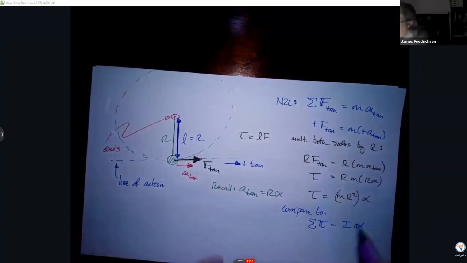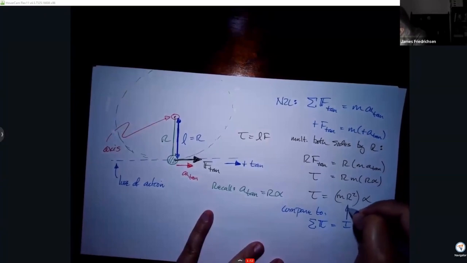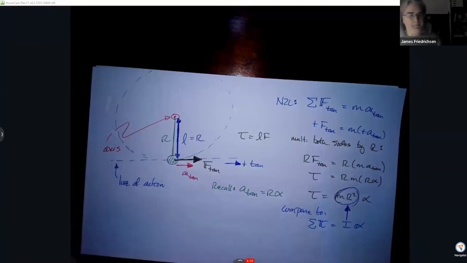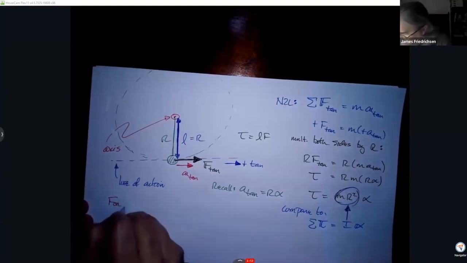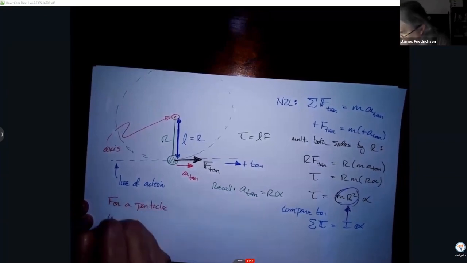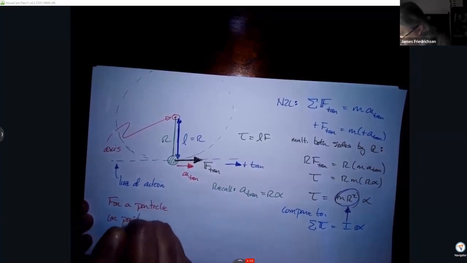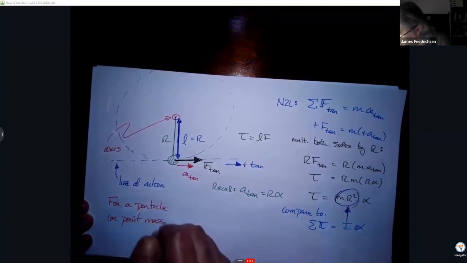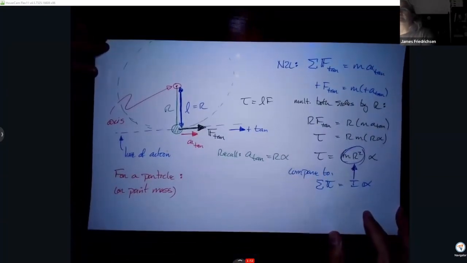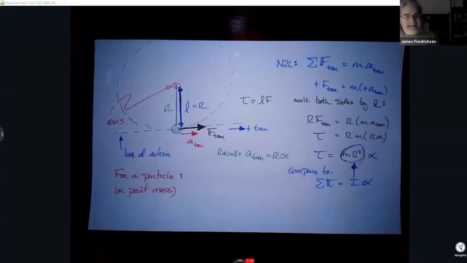And so this kind of motivates why the formula looks like this. So what we have is that for a particle, sometimes they'll call it a point mass, then what we get is that